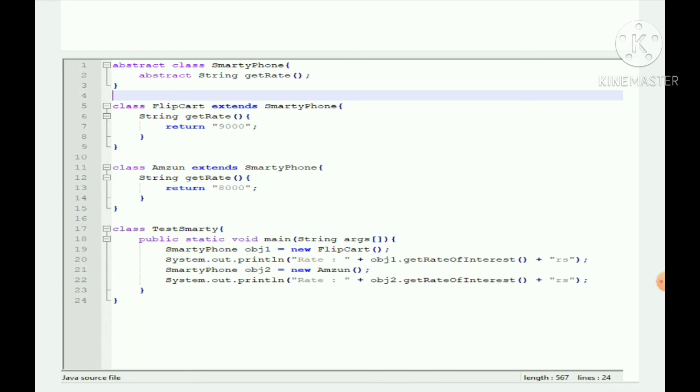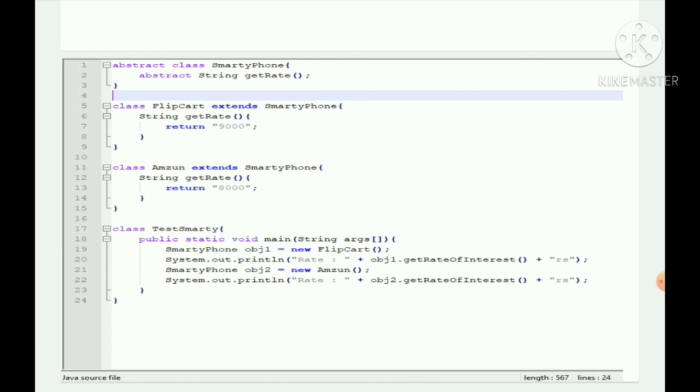Okay. Then what I need to do is create the object for that extended class, like a child class. So in line number 19, I gave Smartphone object1 is equal to new Flipkart. Flipkart is an extended class. If I give object1.getRate, it will call the method getRate and print the value.